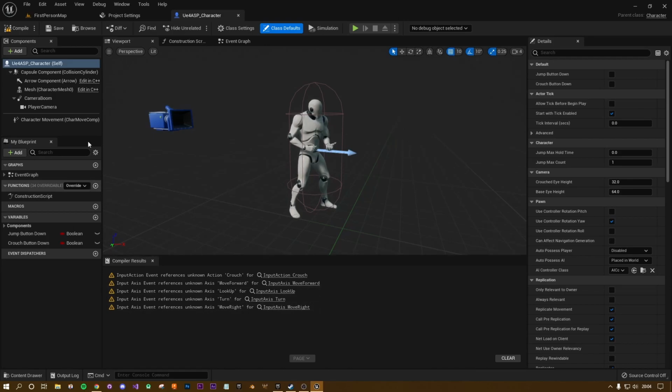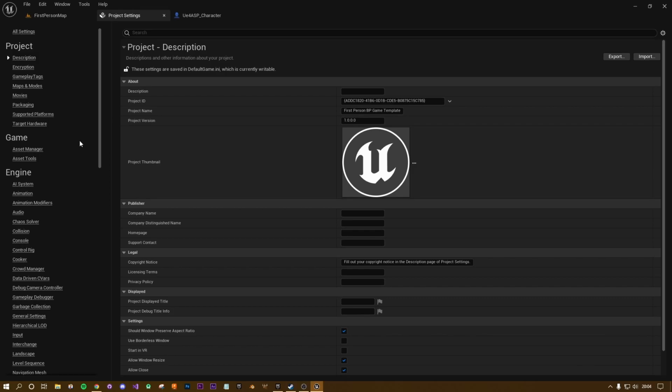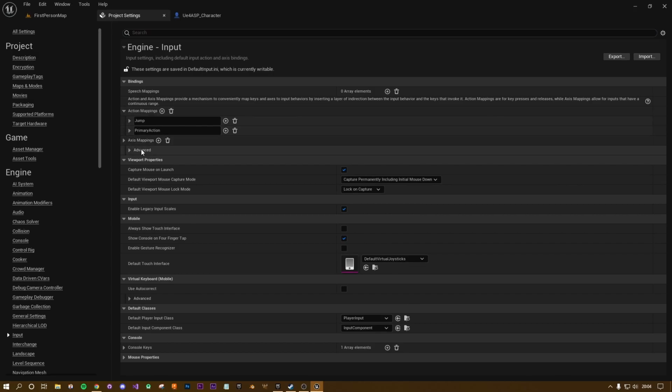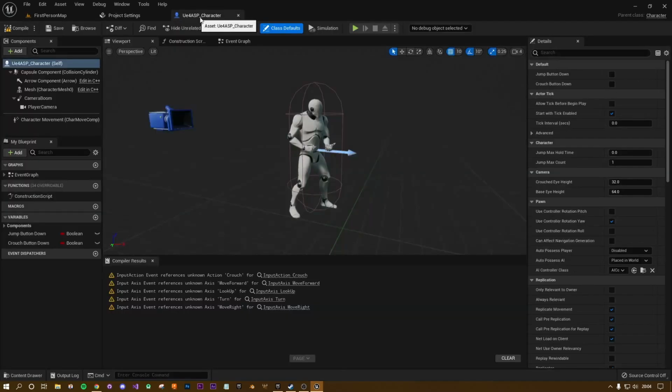So to do this, what we want to do is go to Edit, go to Project Settings, and then on the left hand side under Engine, go to Input. Here under Bindings, you've got Action Mappings and Axis Mappings. So what I'm going to do is grab this UE4 ASP character